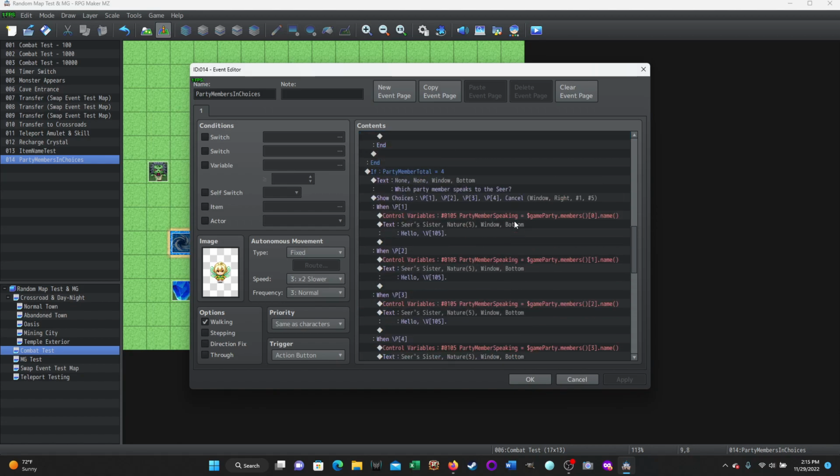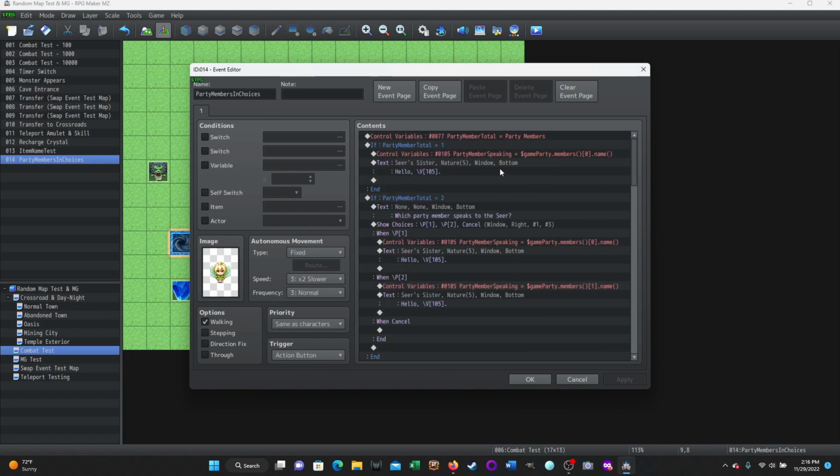So that's why I had to go back and say, okay, wait a second. I can't just show them all the options, like say 5 choices, 6 choices, and if there just aren't party members, it'll be a blank choice. Well, yeah, you could do that, but then if the player selects one of the blank choices, it's going to create an error and it's going to crash the game. So this way, yes, it takes a little bit longer. It takes more effort,